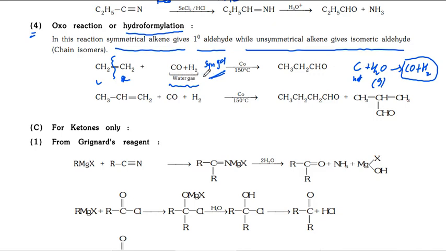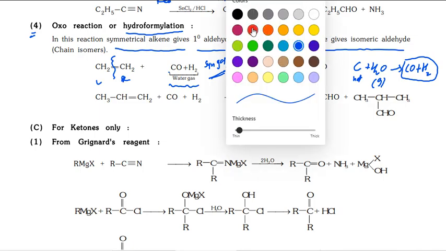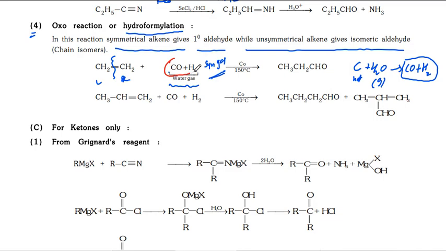Now this is also known as syngas because we can synthesize some other compounds. Now here the formyl group, CHO, is forming. You can see here a 2 carbon chain. Here this reagent is giving one extra formyl group. This one is forming one formyl group. That's why it is also known as hydroformylation.